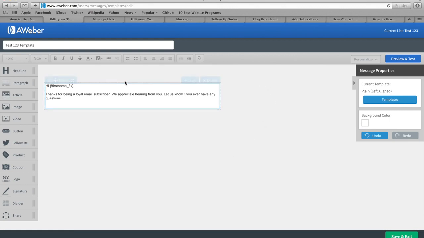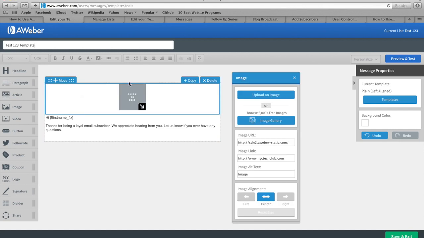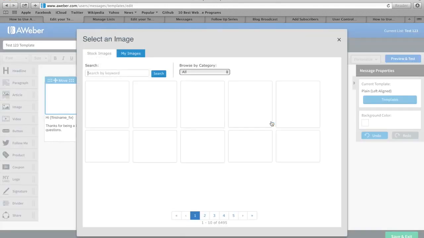the first thing we want to do is add our logo to the top. So you can click and drag your logo box right here all the way to the top, or you can click and drag the image box and place it wherever you want. So that's what I just did. And then what you want to do is click upload an image if you want to upload your logo. Since I already have my logo uploaded, I'm going to click on image gallery right here, and I'll get this